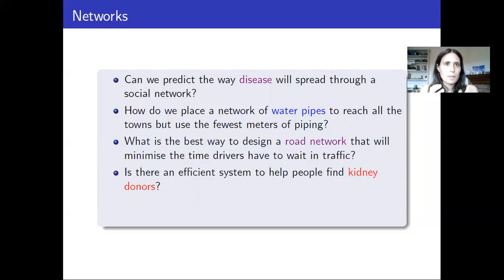So we'd be a kind of group, and you could say, okay, grouping these people together means that more people get kidneys and more people are happy. So you can imagine representing this problem as a kind of network where you've got people who need kidneys and people who are willing to donate kidneys for their friends, and you need to find a good system to make small groups of people together in ways that will facilitate kidney donation. Obviously, I've really simplified this problem, and in the real world there are many more constraints and issues than what I've just said, but that's just one example of a problem that can be represented using networks and our understanding of them.